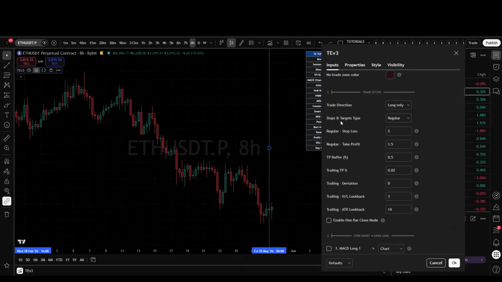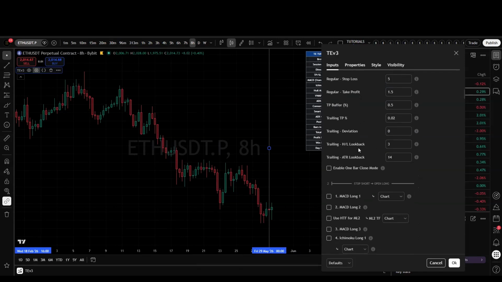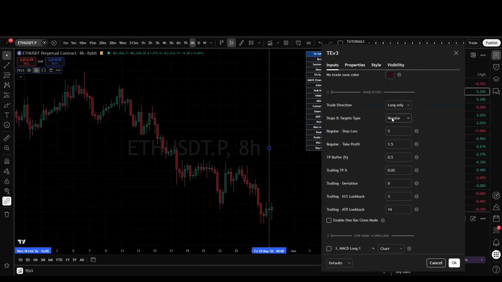Let's select long only. For the stops and target types, you can go for the regular, the trailing ATR, or the trading percentage. Most traders use regular. Here you can set your take profit and stop loss. You don't need to use these, but if you want to, for trailing ATR you are actually going to use the trailing deviation, these three different settings. And for the trailing take profit, you use the trading buffer and trading take profit. You can experiment, of course,